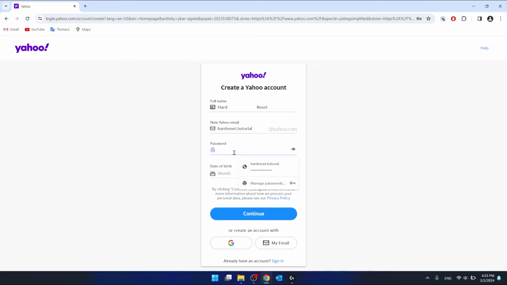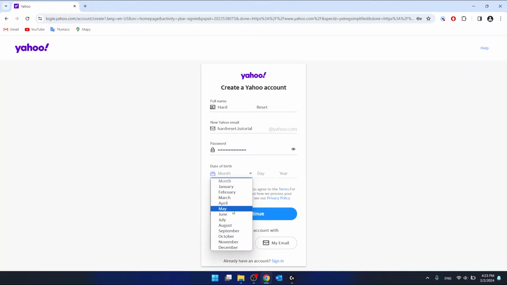Here you are going to be asked to select your password, so place your password here, then give the date of your birth. It can be the correct date, it can be a date that you imagine, it doesn't really matter. It's just in case you want to have the notification about your birthday. So then you want to click continue,